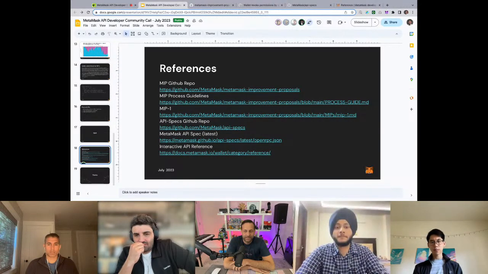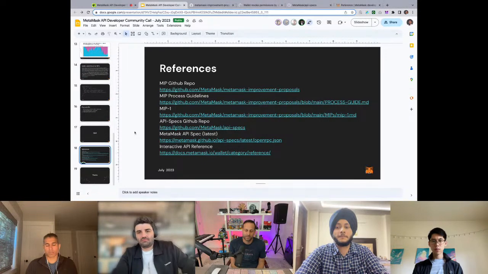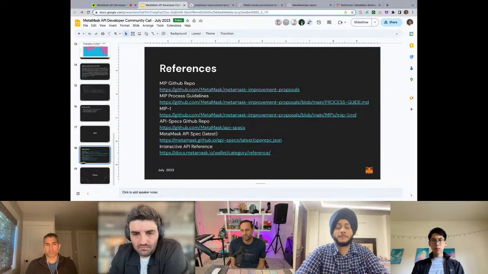So it forecloses some of the chance that it would erroneously get added on the wrong chain. But currently, people who implement wallet watch asset, or dApps that implement it,